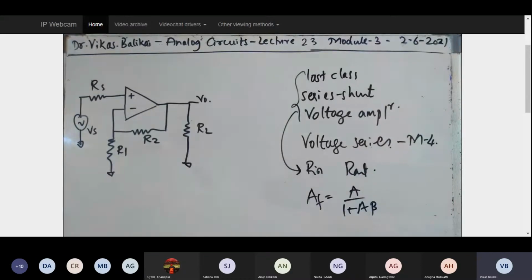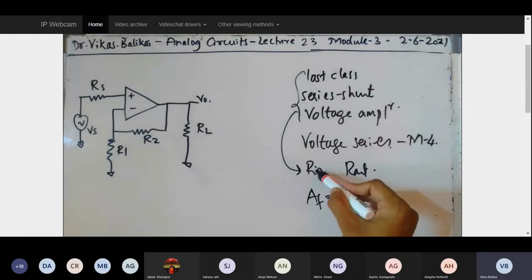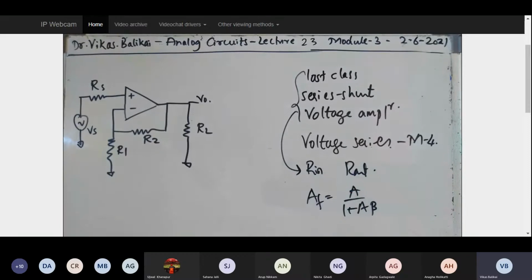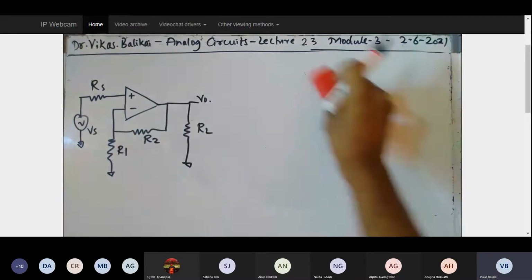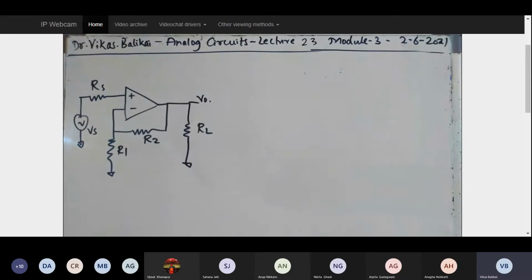What our subsequent lessons will do is understand the R in and R out expressions of all four amplifier configurations, out of which we have done the voltage amplifier, or the series shunt feedback amplifier. We also solved a small numerical based on that concept. Now let's try to understand one simple example. This is example 7.1 or 8.1 from the soft copy, an exercise problem given after the first concept.